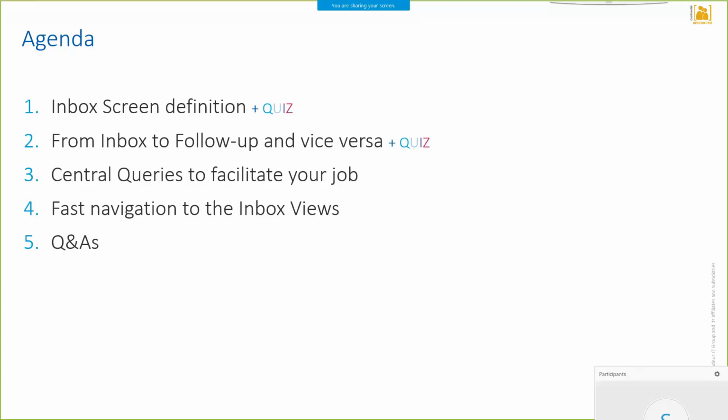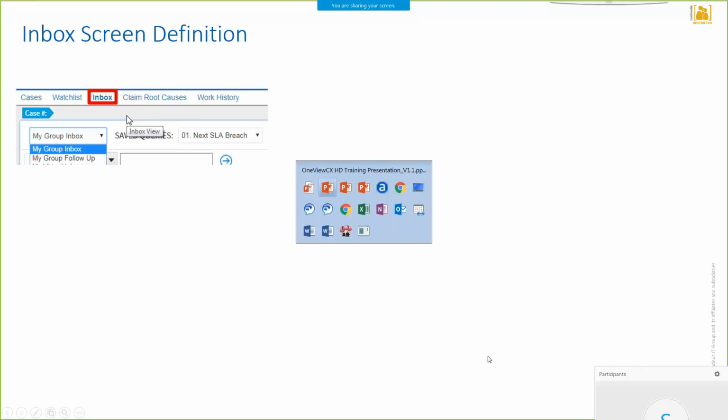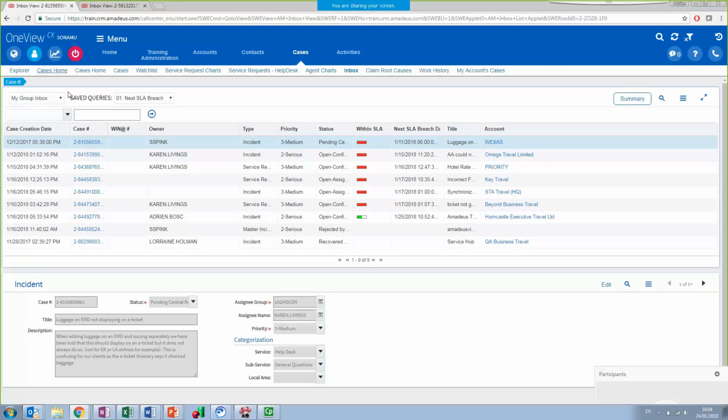Okay, so let's start first with the inbox screen definition. First of all, this is where you can find the inbox views in OneView CX. Whenever you're logged in to OneView CX, you just click on case, and then normally you're automatically redirected to the inbox view.